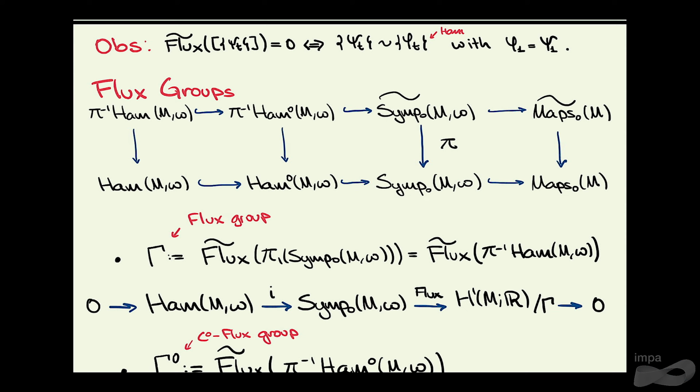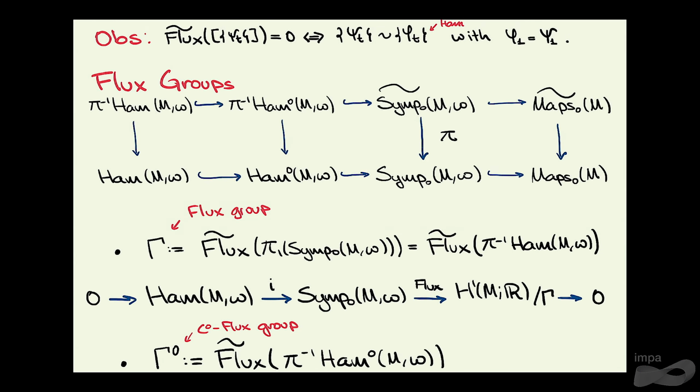So now let's look at this commutative diagram here. In the bottom, we have this sequence of inclusions, and the only thing that I haven't defined yet, and I will now, is what I'm denoting by Ham 0, which is simply the C0 closure of Ham inside Simp 0. So of course, Ham includes into that, and Ham 0 includes into Simp 0, and Simp 0 by definition includes in Symp 0. And let pi here be the canonical projection of the universal cover of Simp 0 to Simp.